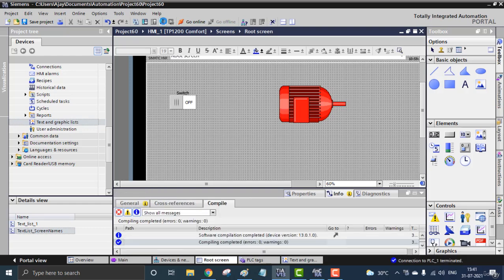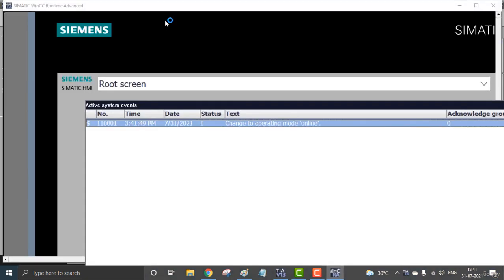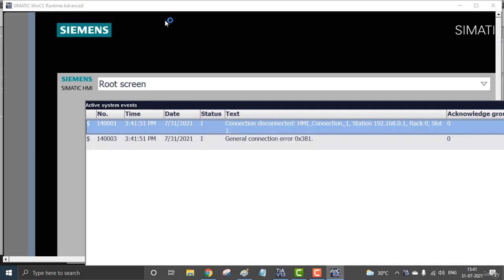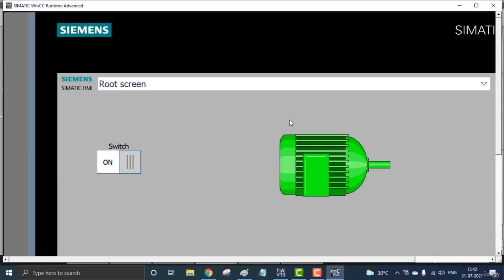Inside this simulation we will be able to turn on and turn off a motor. That means we can change the color of an object. Not a circle, not a rectangle, but a simple factory element like this. So we can change the color of a motor, a valve, or anything. So I'm going to change it. Double tap and that turns green. That is a color change.